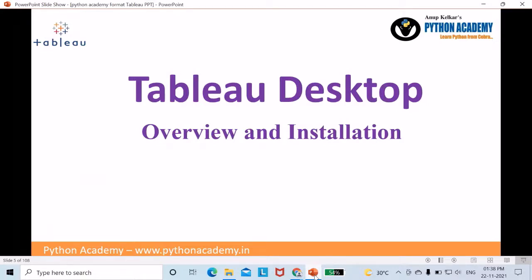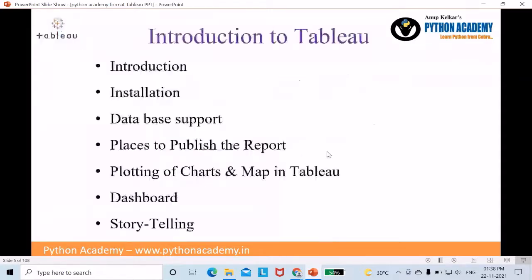So let's start with our chapter number 1, Tableau Desktop overview and installation. In this chapter, we will cover the basics of Tableau, introduction of Tableau, how to install Tableau, database support, places to publish the report, plotting of charts and maps in Tableau, dashboard, and storytelling.